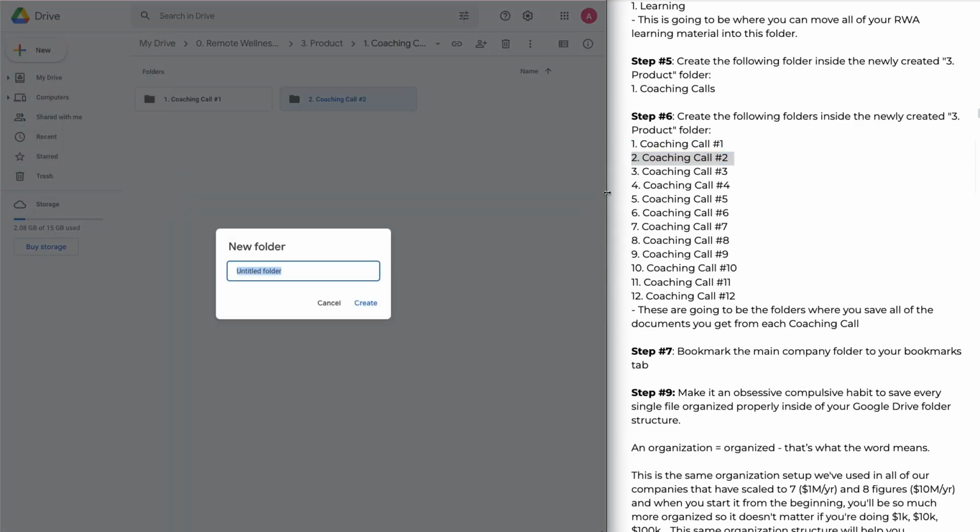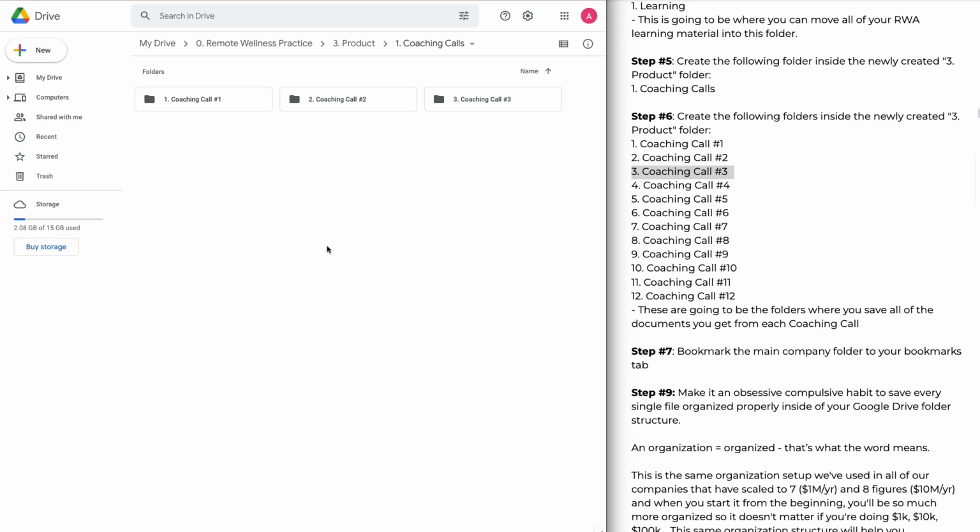And I'm going to do this really, really quickly. What I'm going to do right now is skip really quickly over and have all these 12 folders, so you're not sitting here with me doing this. However, that is how you're going to be doing it click by click by click, so that way you actually create all 12 of these folders. So let me do this real quick, and then I'll skip and show you what it looks like in the final result.